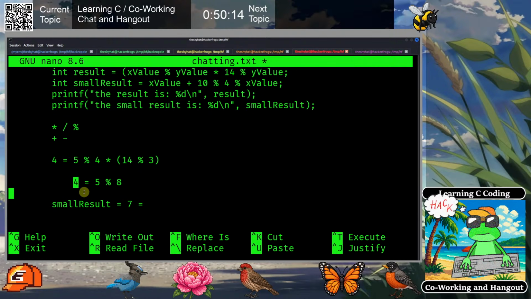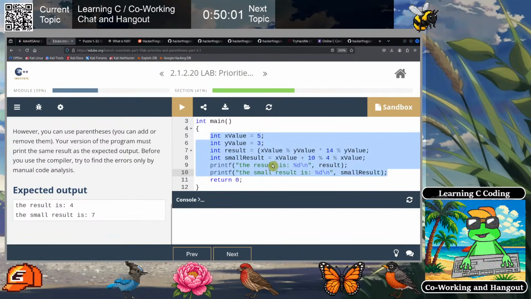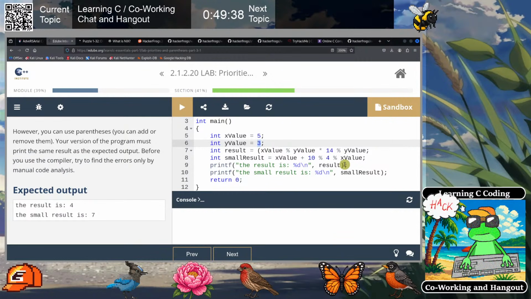But this doesn't result in 4 either. Or maybe, do I have the numbers wrong? So result equals 14. So the 14 is the big factor here, I guess. Y value is 3. So anything...